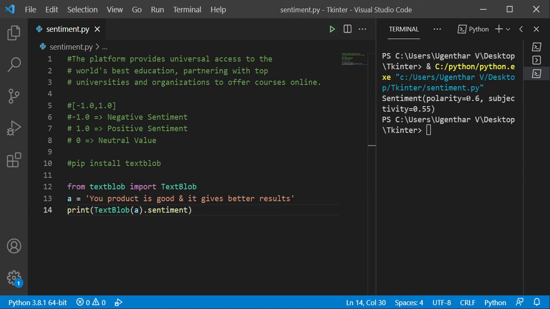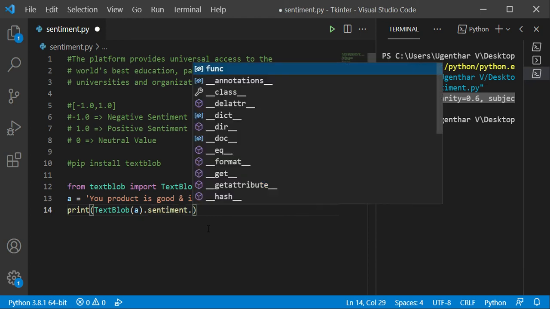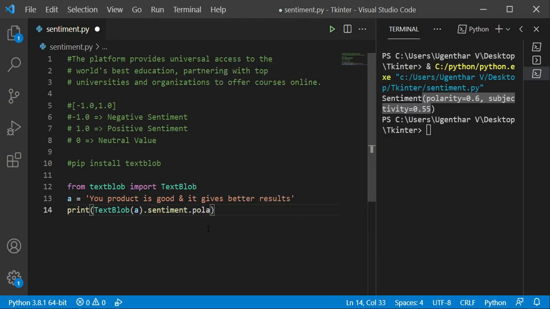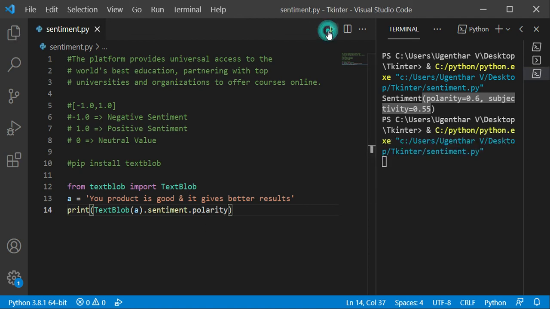Here the polarity is 0.6, which means the sentence is positive. It's in the range of positive. Here the sentiment value is given as a tuple with two values. One represents the polarity and the second represents the subjectivity. The subjectivity determines whether the given sentence is subjective or not. If you want to get the polarity, you can code like this: polarity. Now you get only the polarity value.